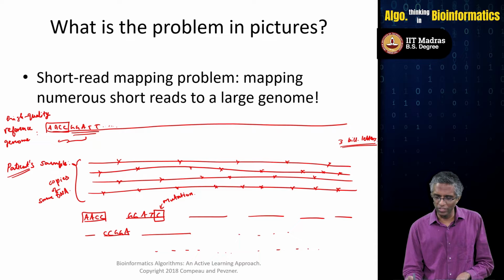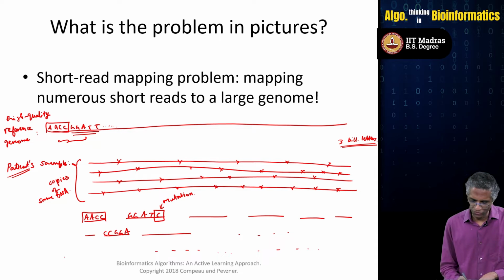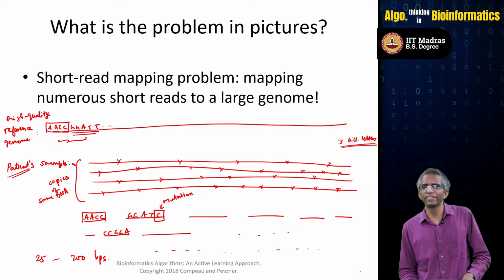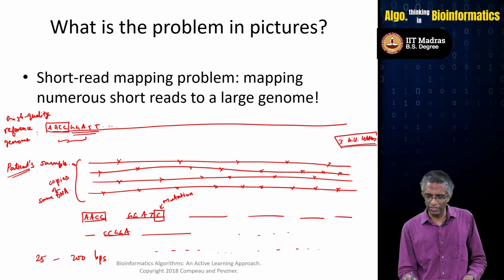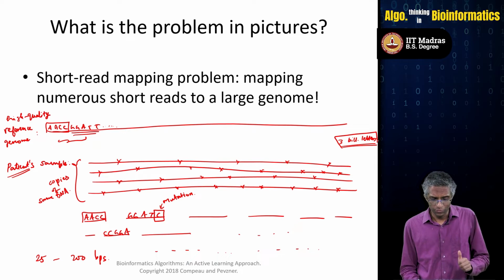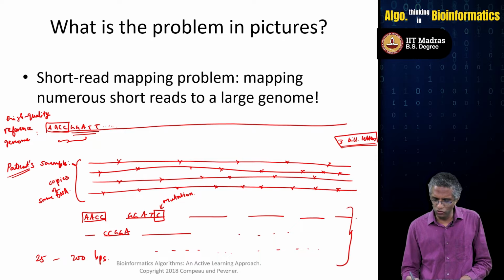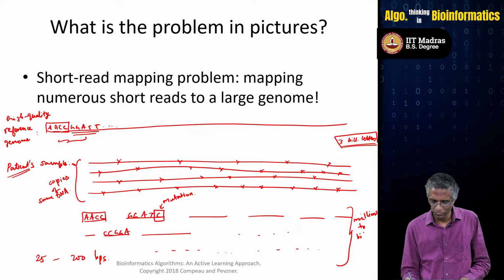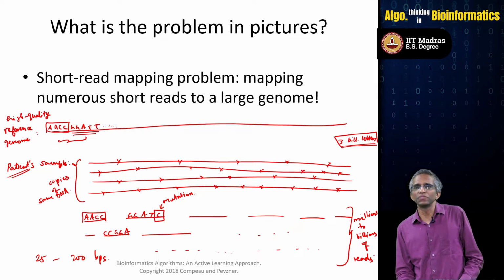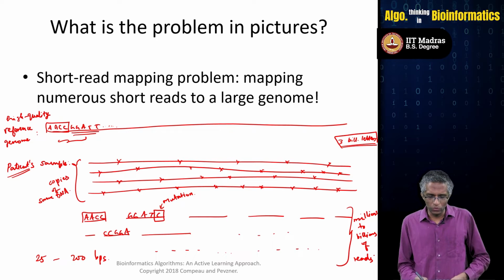While the whole genome is 3 billion letters, each of these reads may be anywhere from, let's say, 25 to 200 base pairs. Right? They are really small compared to the whole length of the genome, which is 3 billion letters. But on the other hand, there are millions to billions of these reads. Right, so you have millions to billions of these reads, and you want to be able to efficiently map them